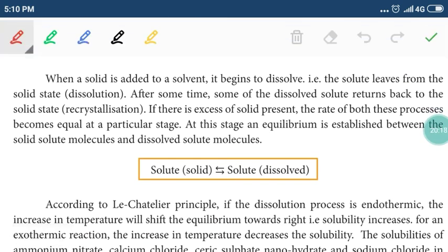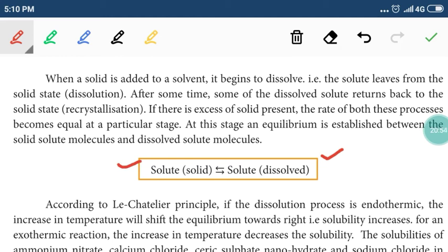To consider a solution in which a solute is involving a dissolution process. Separation of solute is called a dissolution process. You take sodium chloride. When sodium chloride is added in water, it will be separated into Na+ and Cl-. So the process is called a dissolution process. There will be an equilibrium between the dissolved solute and undissolved solute.